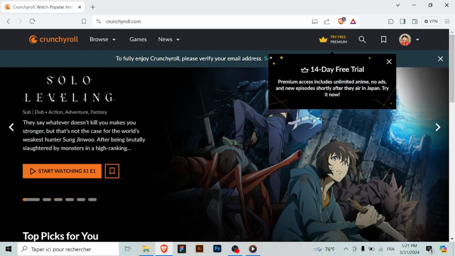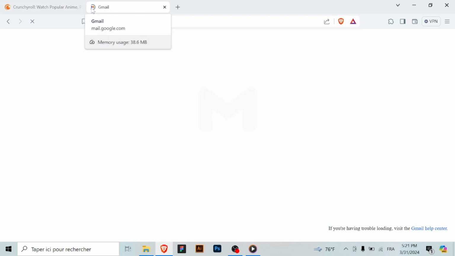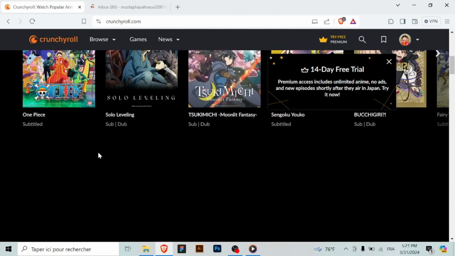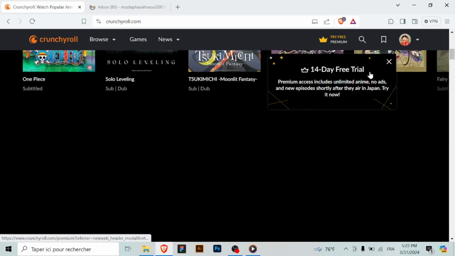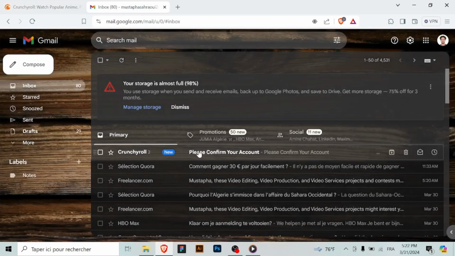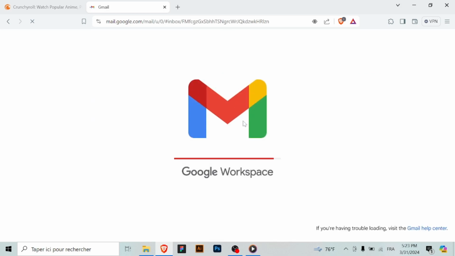This may involve creating a profile, setting up preferences, and configuring your account settings. Once your account is set up, you can start exploring Crunchyroll's extensive library of anime and manga titles. You can watch episodes for free with ads or upgrade to a premium membership for an ad-free experience and additional perks. For convenient access to the anime on the go, you can download the Crunchyroll app on your mobile device